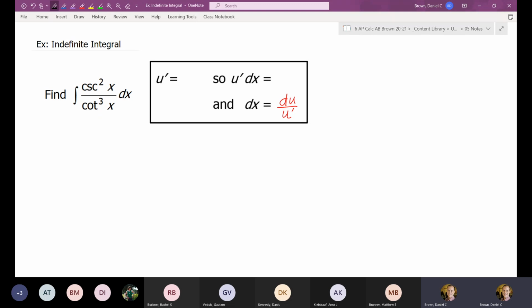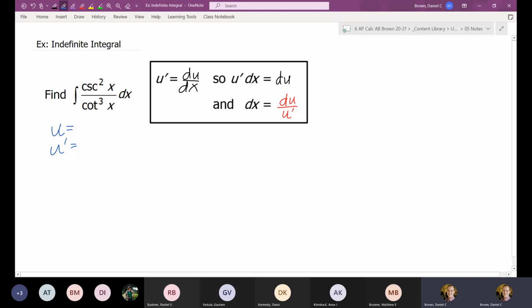Just remember that u prime is the same thing as du over dx. Cross multiply, and then solve for dx. So you can derive it pretty easily, or just memorize that dx is equal to du over u prime. And so to start off these problems, the first thing you want to do is to always choose your u. Again, you want to choose a u that has a fairly easy derivative to find because you want u prime